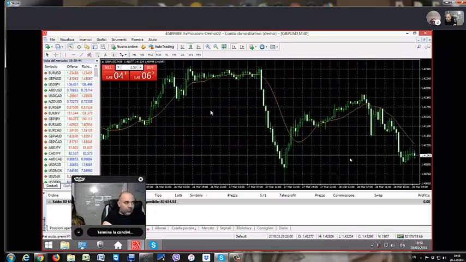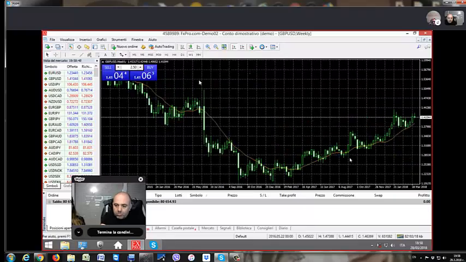This is the sterling versus dollar. Neutral. If you take a look